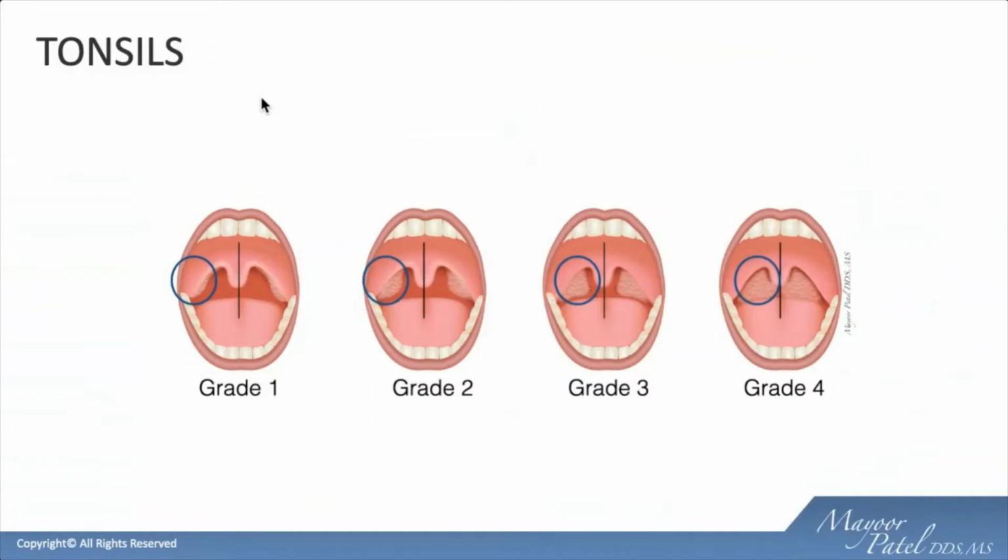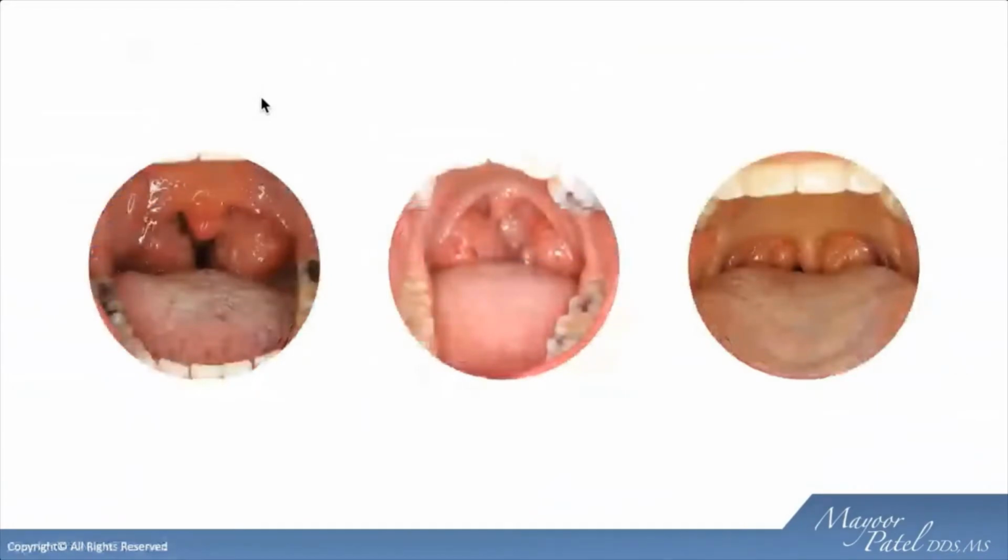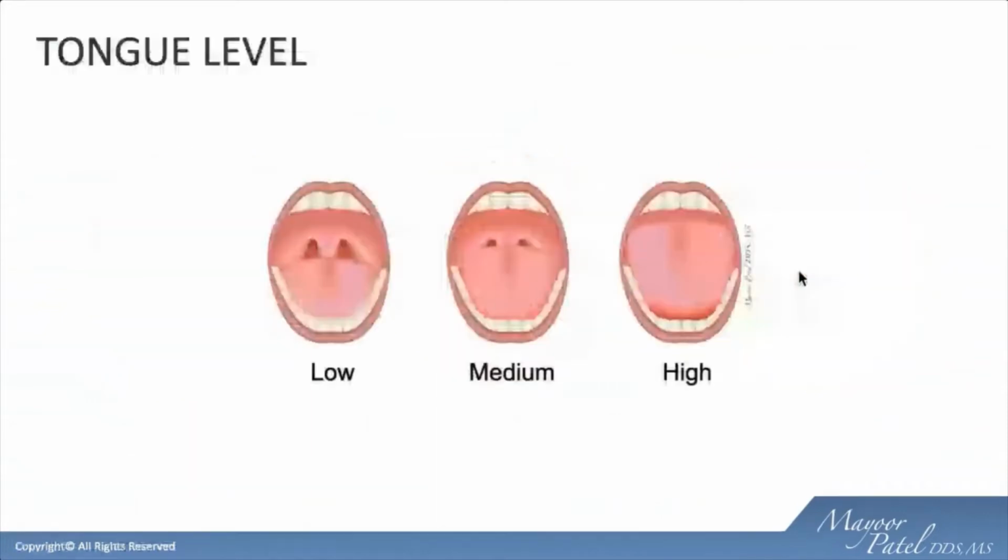But what you'll see is as we have tonsillar tissue, we now have real estate that's being occupied by these meatballs that have really, at this point, very little value when it comes to getting air through some of these spaces. The first picture on the left is very little room for air to pass through. Here you've got some adequate space. And then the last picture is very compromised. So tonsil tissue or excessive tonsil tissue does take away from nasopharyngeal airway space, and that's something we need to take into consideration. But more importantly is the tongue.